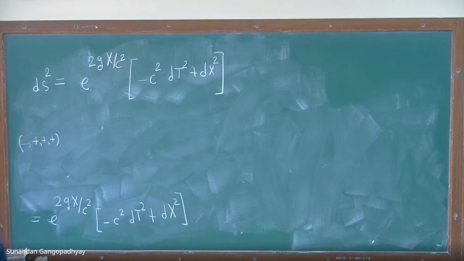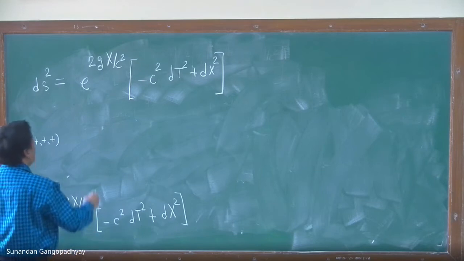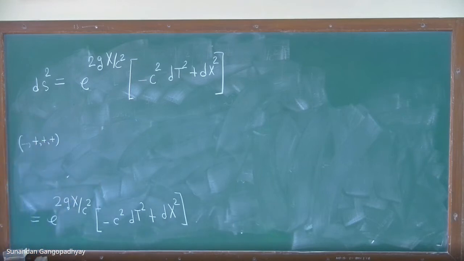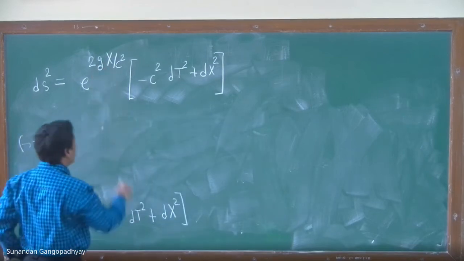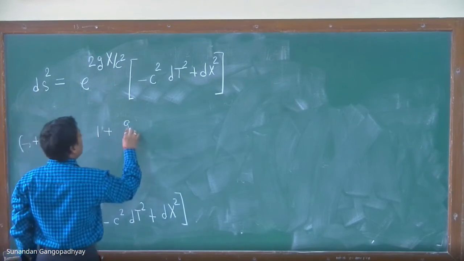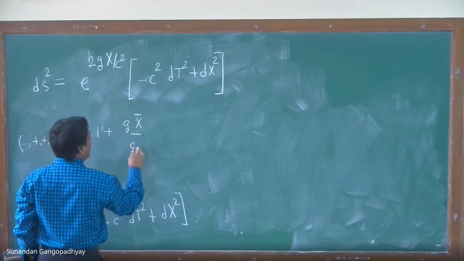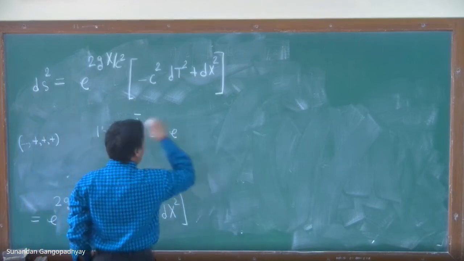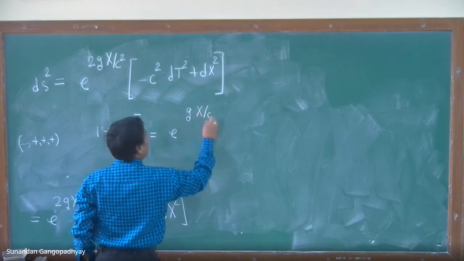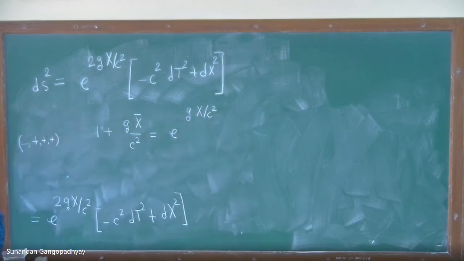So one more step we have to do. We now define a new coordinate, and that coordinate is defined in the following way. See, this is on top, so it does not look nice. So what we shall do is define a new coordinate x bar, which is e to the power of gx minus c square. This is what. Okay, so if you do this now,